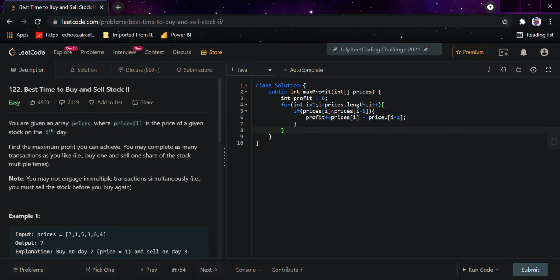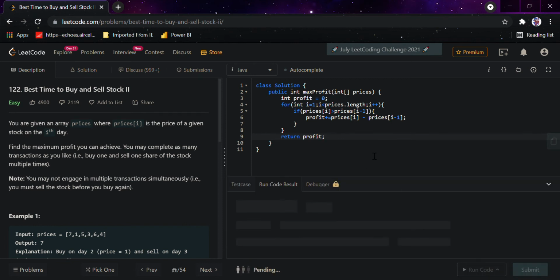So you must have got an idea of what I'm trying to do. Okay, I've just made a small mistake. If the current value is higher than the previous value, then we take the difference between both of them and calculate the profit from it. Every time we see a difference between both the values, we simply add that difference to the profit, and then we simply return profit. Okay, I guess it's right, so let's run the code.